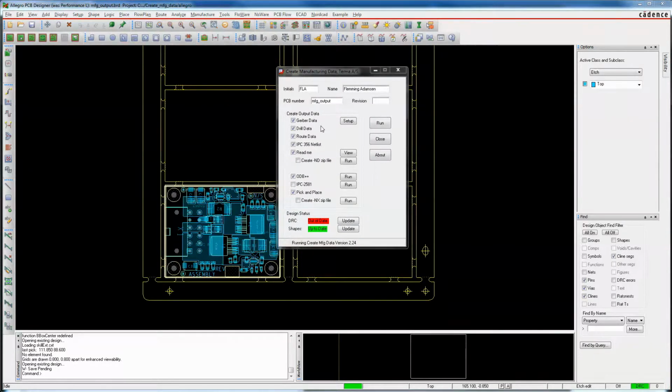Now we are ready to create the manufacturing outputs. The script creates 2 data containers. One for the ND data package, which contain data for the PCB manufacturer, such as Gerber files, drill files, route files, the netlist for PCB checking, and a contents README file.